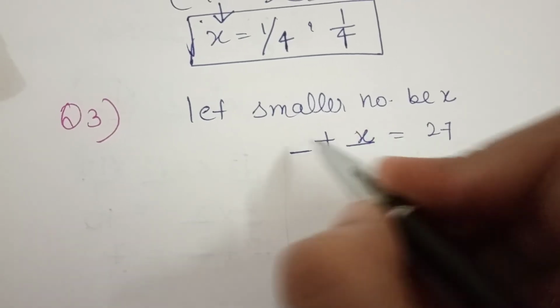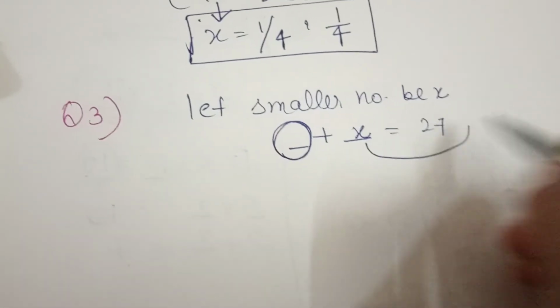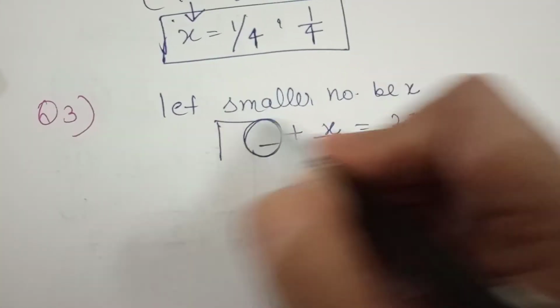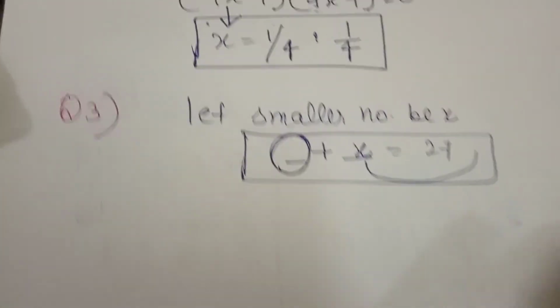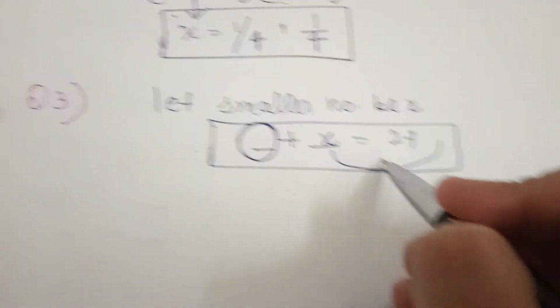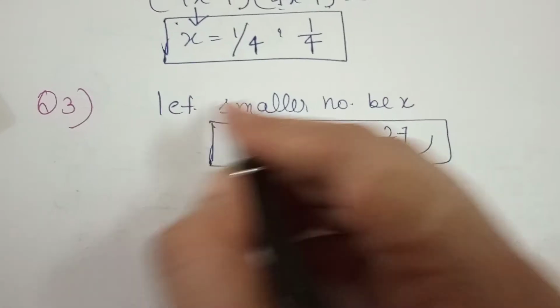आपने smaller number let कर दिया तो ये number कितना होगा x minus में चला जाएगा. Yes. This I am telling you only for this is rough work. No need to do this. I am telling you. Just you should understand. Okay. That's it only. So let smaller number be x.